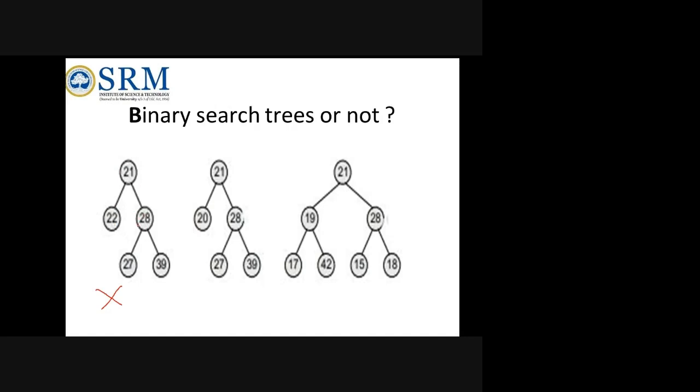And when you come to the internal nodes also, this side should be less and this side should be greater. When you take it as a whole, everything should be so. But here this is not a correct one because it is not lesser. When you come to this one, it is okay, lesser. This one also is not a binary search tree because 42 is greater than the root node 21. And coming to this, here it is lesser. This is also not possible. So only this one satisfies the binary search tree condition.